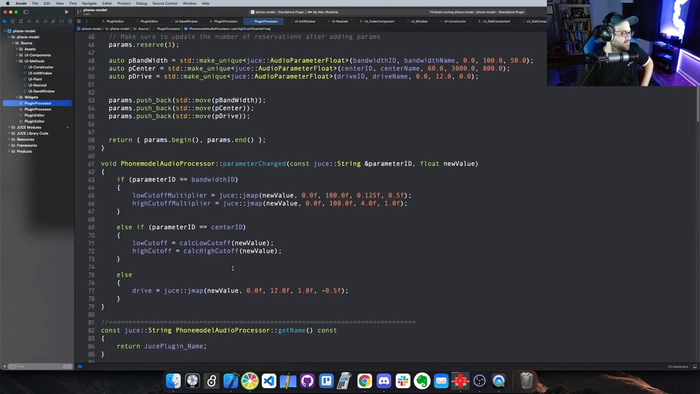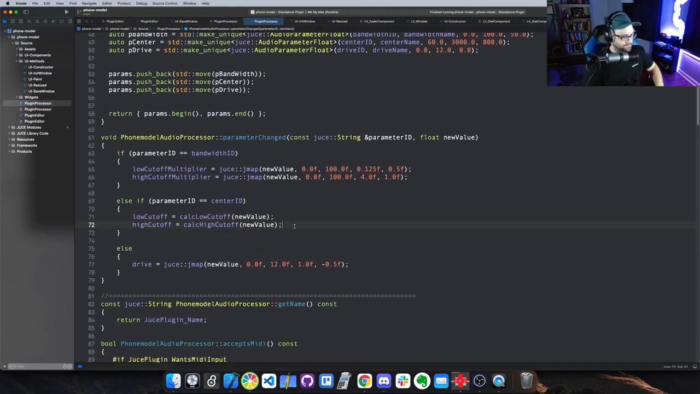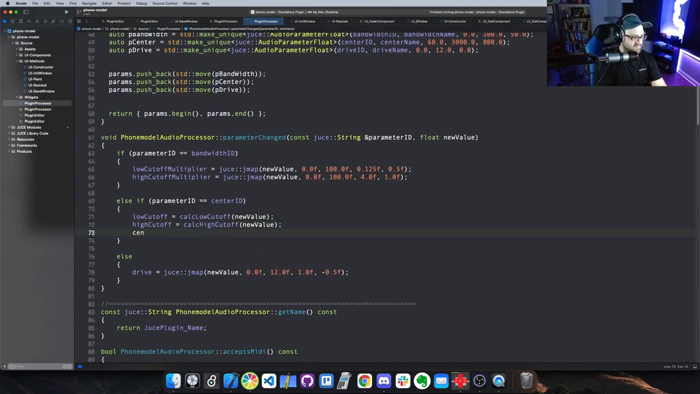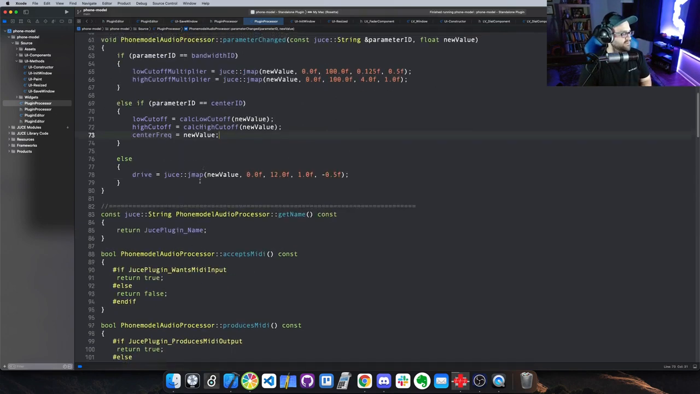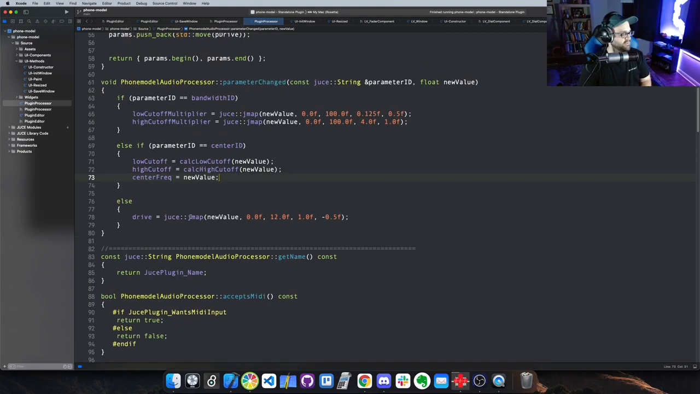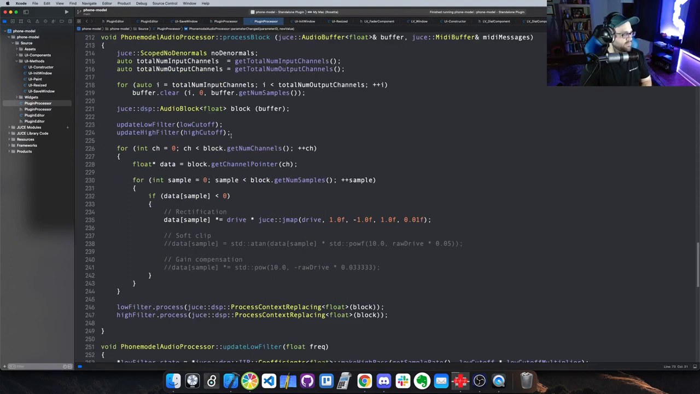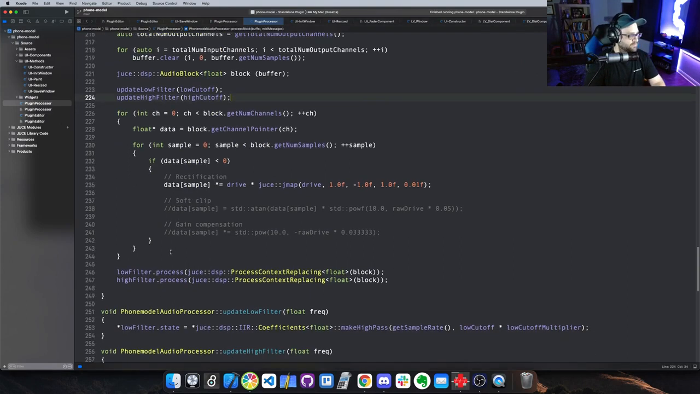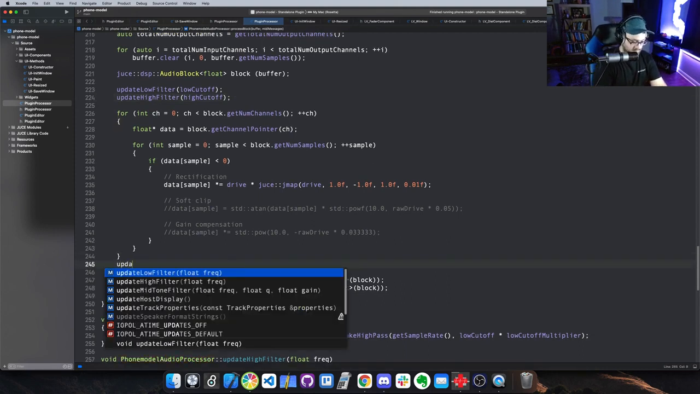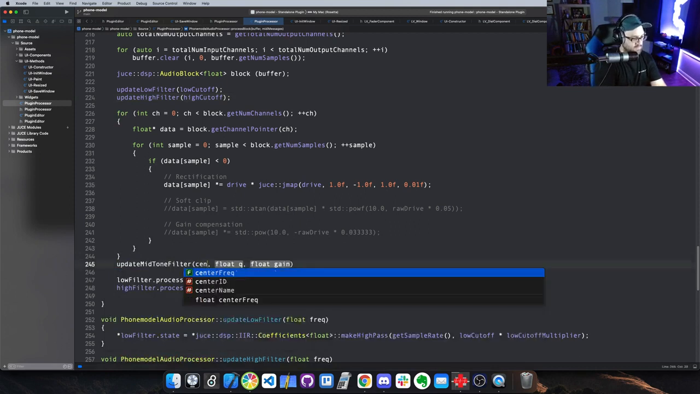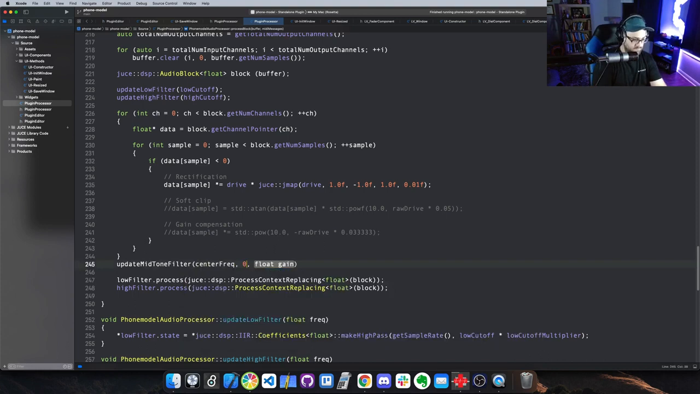What I'm not doing, but I need to do now, is I need to say center freak is equal to new value, so that instead of trying to call update mid-tone in each of these things, I can just constantly call it in the sample loop for now. Update, so it's going to be center freak, now it's going to be 707, and then